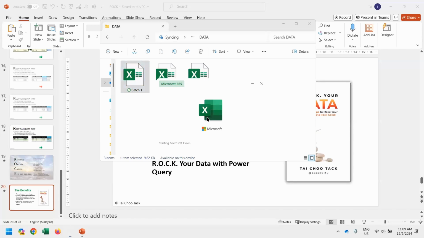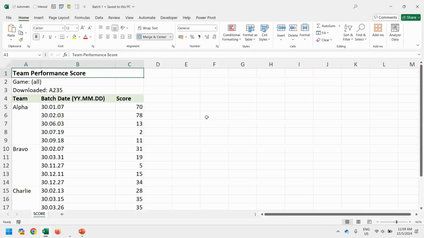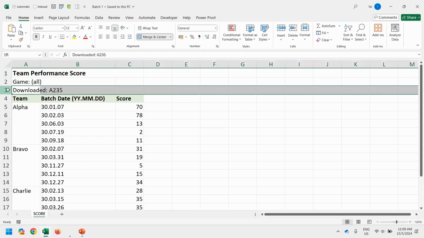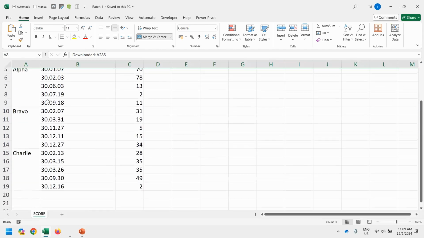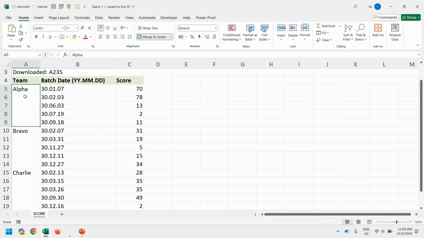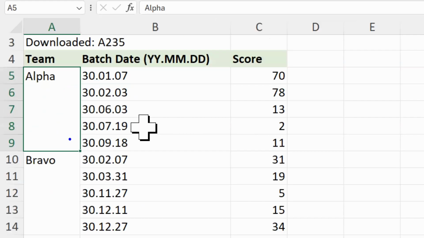This is how the data looks like in the batch number 1. Okay, something extra on the top. How can we get rid of the one on the top? Remove top rows. Very good. Scroll down. It's merging. We are merged, and then how can we fill the blank? Fill down. Very good. And the batch date is